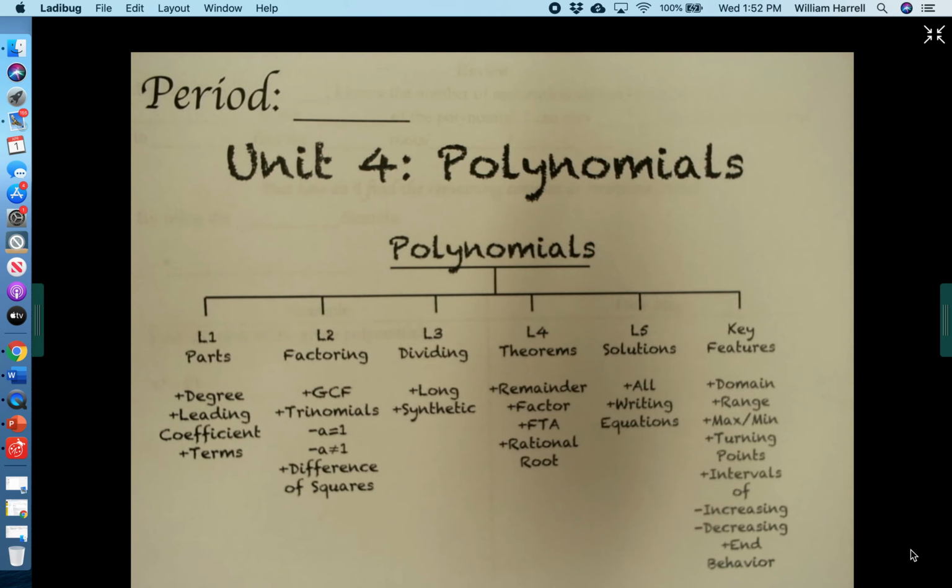Lesson 5 is going to really tie in all of the theorems we've worked on: dividing, factoring, knowing the different parts, especially your degree. Today what we're going to work on is focusing on the solutions, more specifically finding all solutions. When I say finding them all, it's both the imaginary and complex, along with the rational